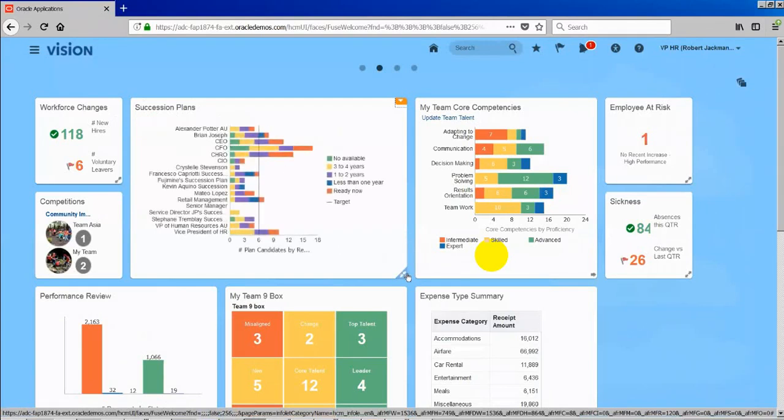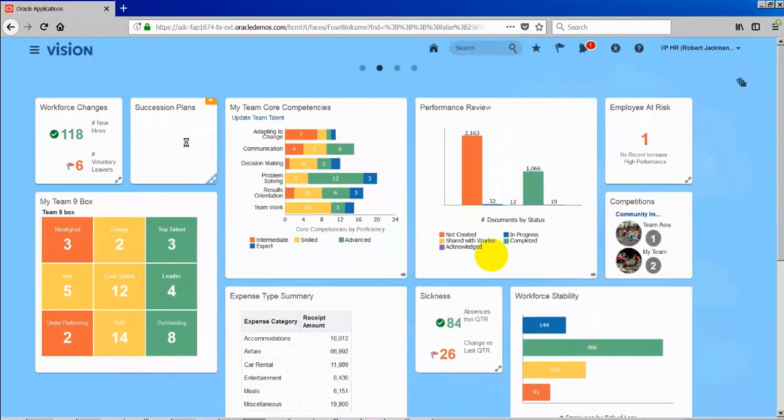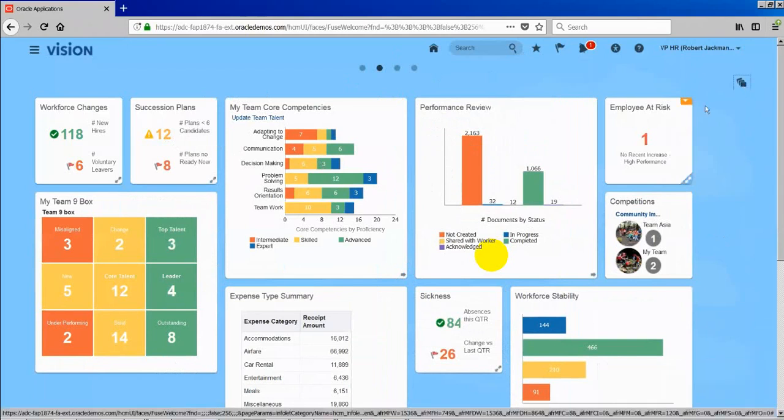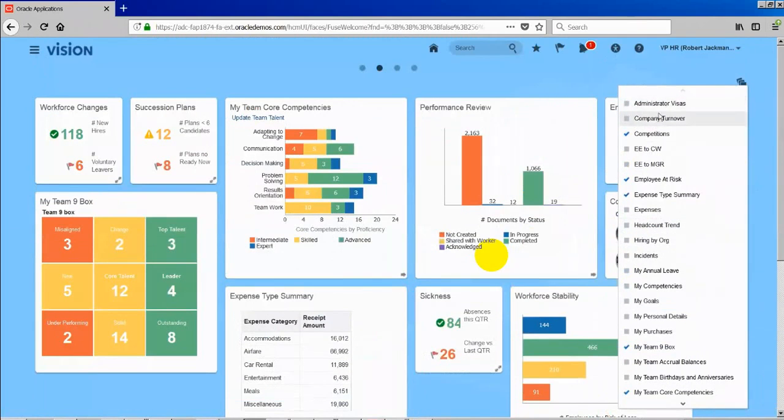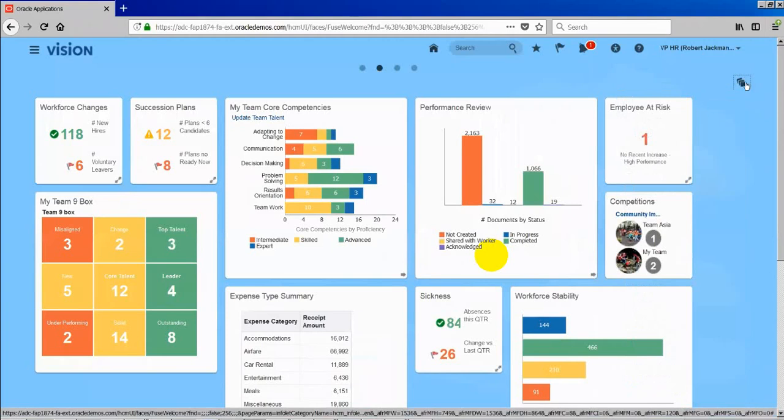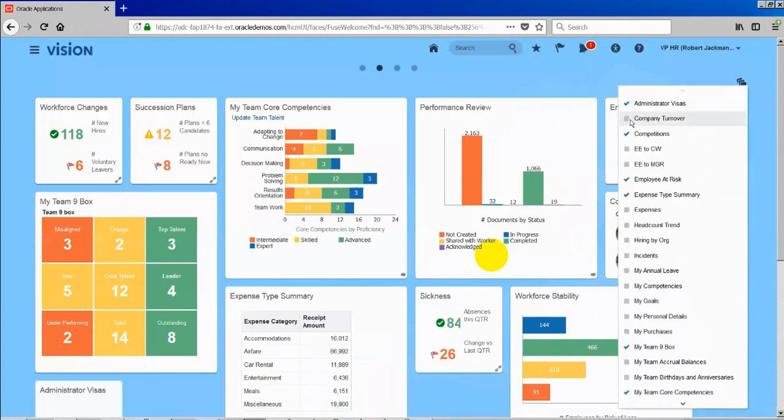If you want to minimize that, you can minimize it. Based on the security enabled, every user will have a list of widgets available like this. This is a list of infolets available. If you have access to enable an infolet, you can enable it. If you don't have access, you cannot enable it; you can just view it. Actually, it all depends upon how the security works, basically the security of this report.